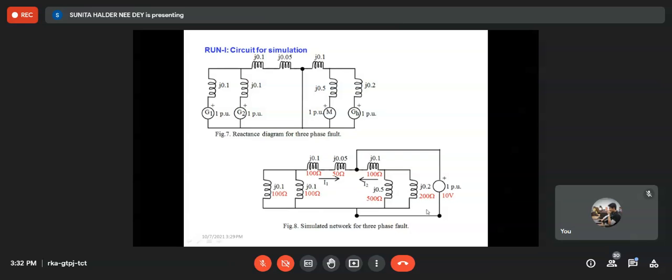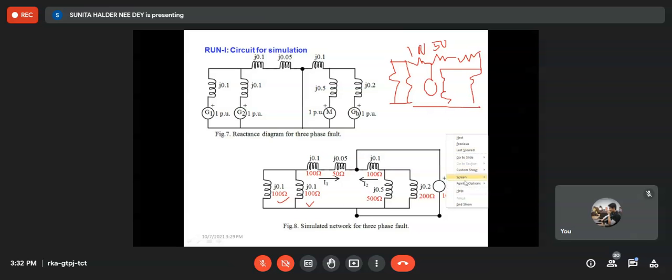So what we have to do in the network analyzer is connect these two resistances, 100 ohm and 100 ohm, in parallel, right? Along with two resistances, 150 ohm and 50 ohm, in series, right? Then 100 ohm again in series, again two in parallel in this way, right? I am doing it in short, in this way, and in between these two points there will be, sorry, I have made a mistake.